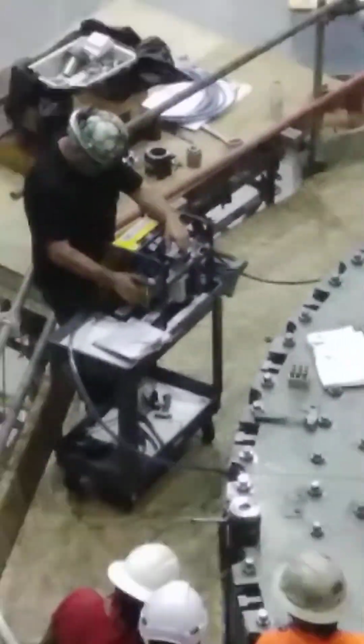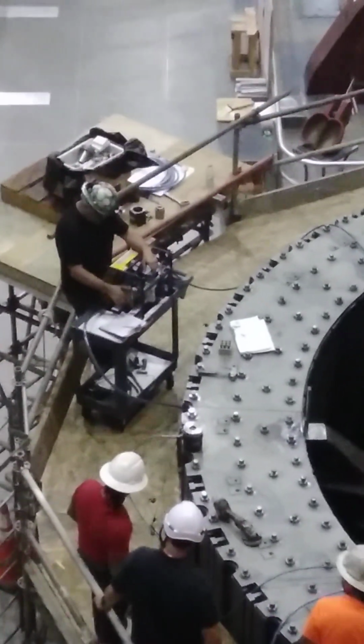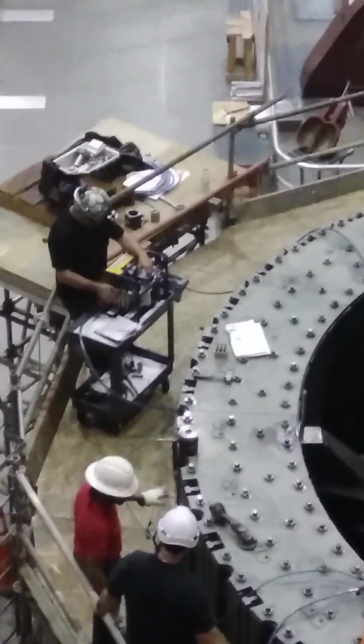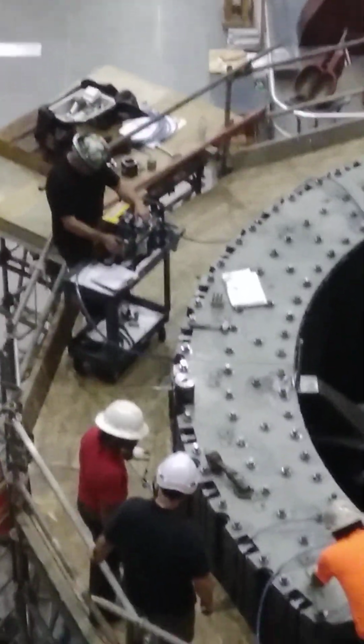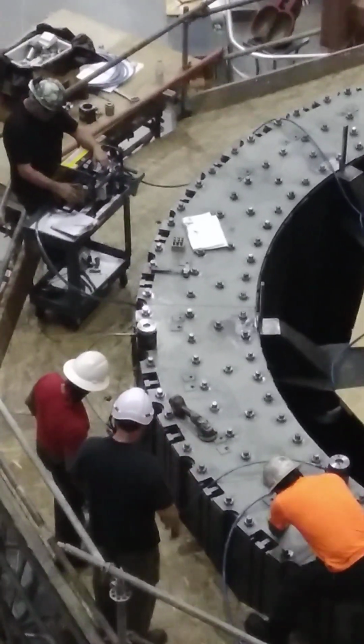I hope looking out over the power plant today that you do have an appreciation for the enormity of the scale and impact of the Hoover Dam. Up next, I will be bringing you back up to the surface to conclude your tour here, so if you'll just once again give me a second to